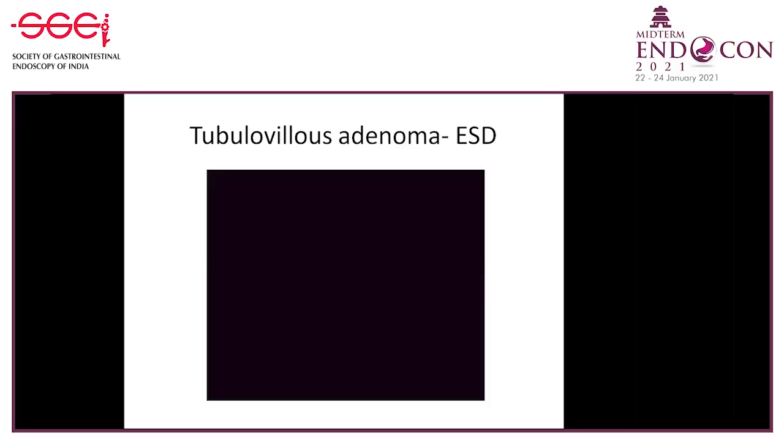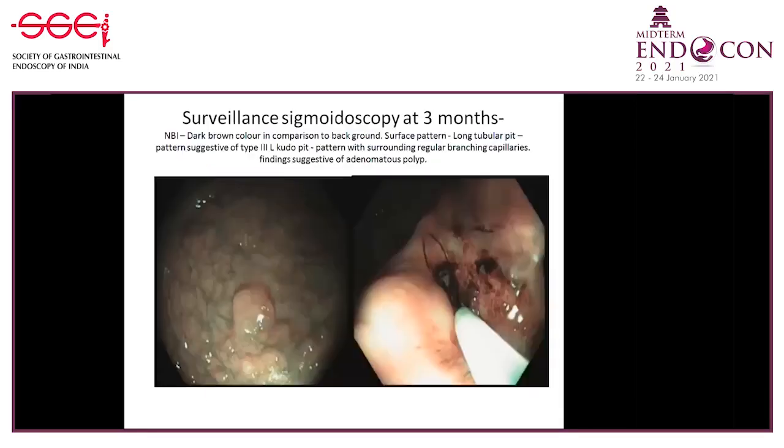You can see the white knife was the IT knife, the IT nano knife, and he basically uses the IT nano knife more for dissection. You can see the base where we are spraying collagen. Collagen helps in healing, and this is his own invention. He uses it a lot.